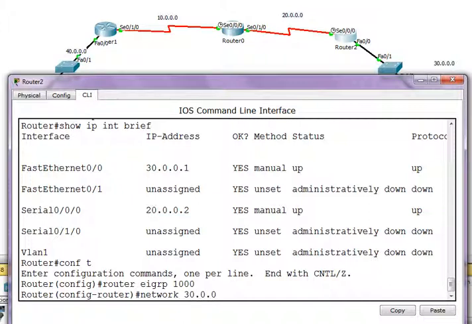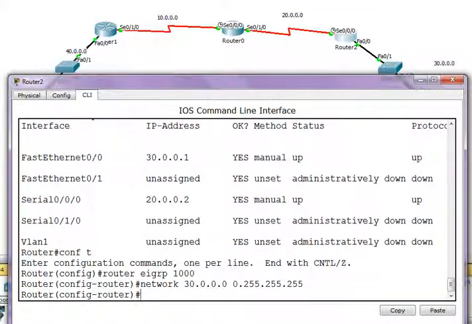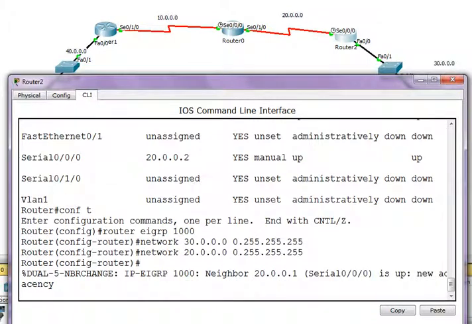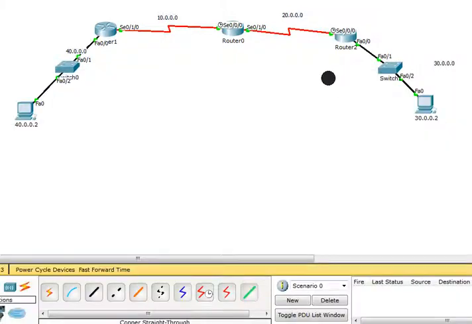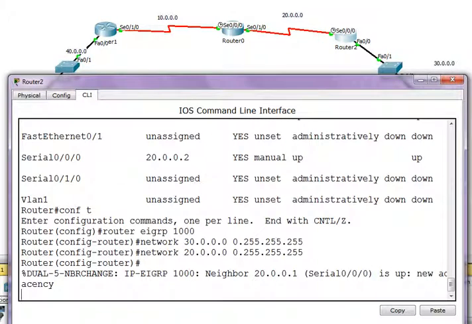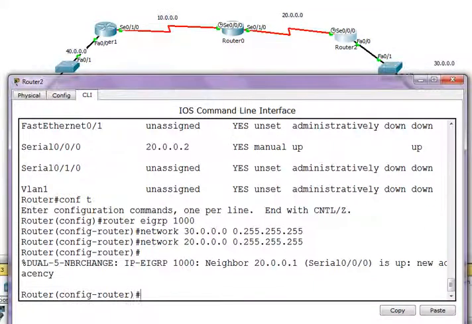Network 30.0.0.0, wildcard mask 0.255.255.255. Network 20. See here, as soon as I mentioned 20, it formed a neighborship with the 20 neighbor within a fraction of a few seconds. So now I think all are in a relationship with each other.